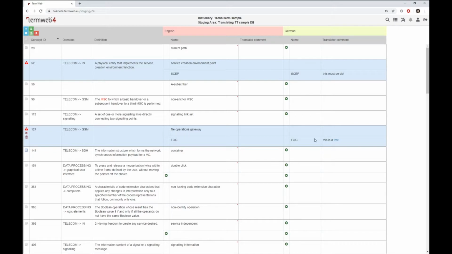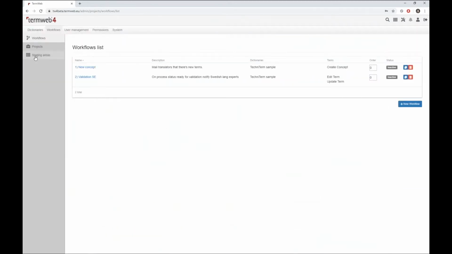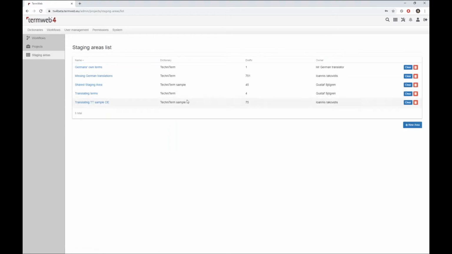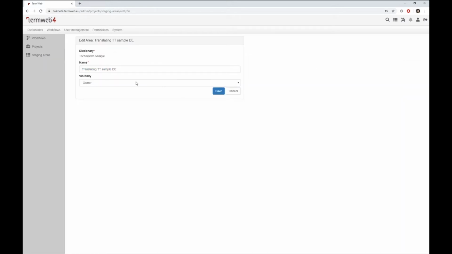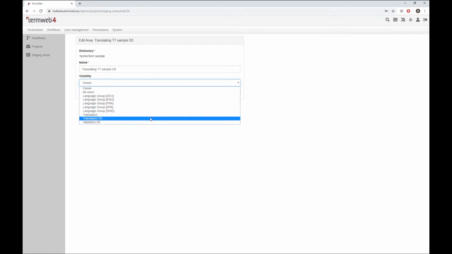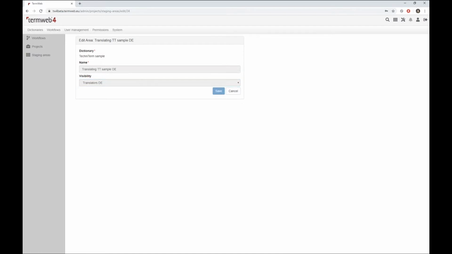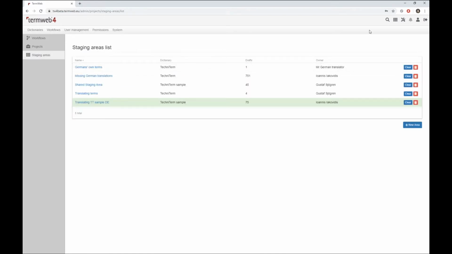This was, you know, as far as TermWeb 3 came. But in 4, I can also go to workflows. I can go to my staging area. I can see that this is the staging area that I work on. Click on it. And I say, okay, I want to share this with my group, translators D. It's just a user group that I have with specific people there, in this case translators. Okay, so I save this, and now I will log out